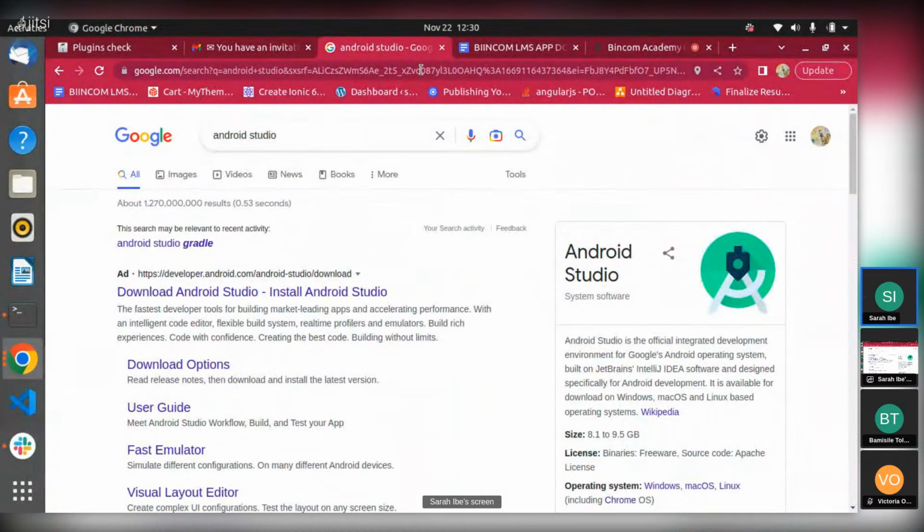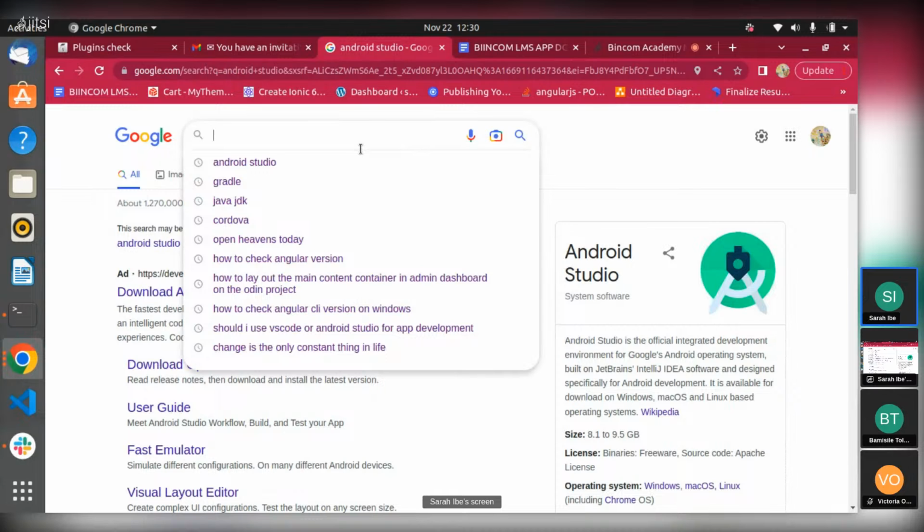That is all about the tools we'll be using, but you can do a deeper study on your own. I'll start by showing us how to get them installed on our system. Then the last thing we would have to know is, after getting Android Studio, Java, Gradle, and Cordova installed on our systems, we would have to set our environmental variables.